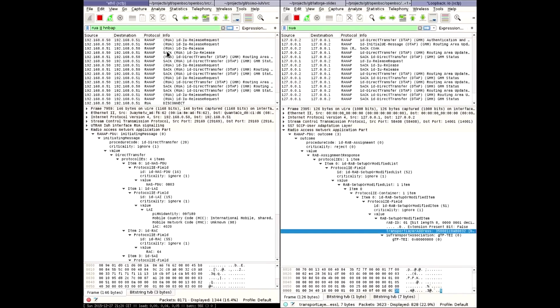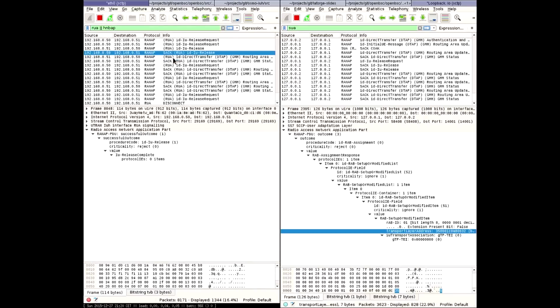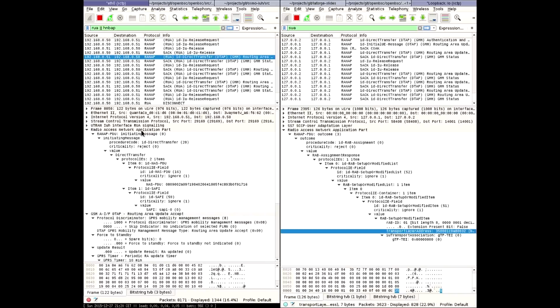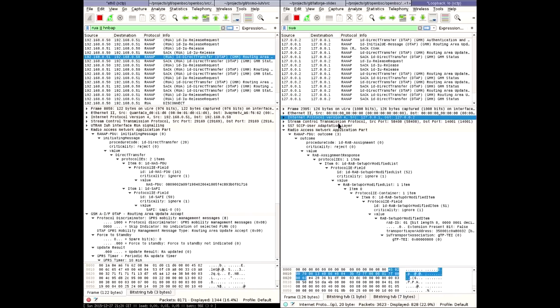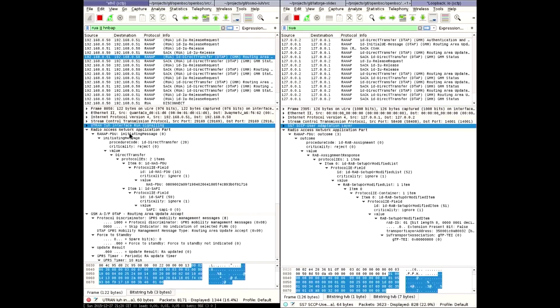So what we can see on the left-hand side are the RUA encapsulated messages. This is the IUH interface between the home node B and the home node B gateway. Then we have the Osmo IUH home node B gateway, invisible in between here. That's the program running in the background. The other side is this protocol stack, where we have the SUA, the SCCP user adaption, rather than the RUA on the left-hand side. The RANAP messages are the same on left and right. It's basically just converting.